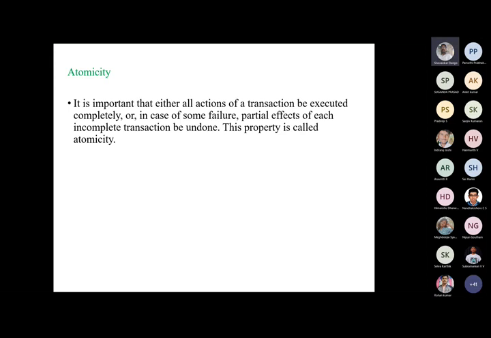If due to some failure, like hardware failure, software failure, power failure, or network failure, a transaction is not successful, whatever the partial effects that are carried out by a transaction should be undone. So this property is called as atomicity,